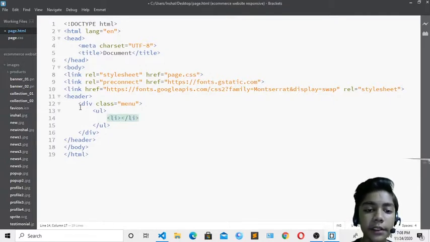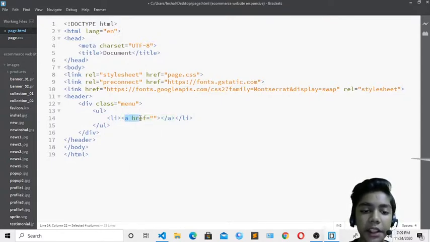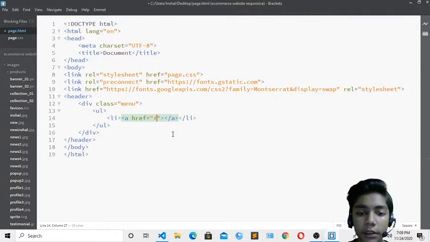With this list tag, you have to define this A tag, the href tag. It means that it helps you with links. It works like the links you can see on websites. These links have this href attribute. You can take this href or A tag. Here you have to write this hashtag; if you press shift and 3, this hashtag comes. You just have to write this hashtag because it is really important here.